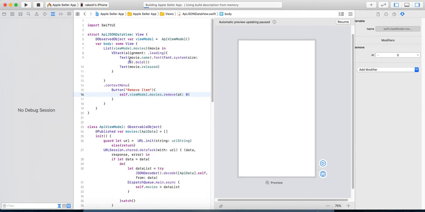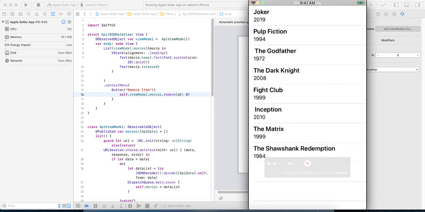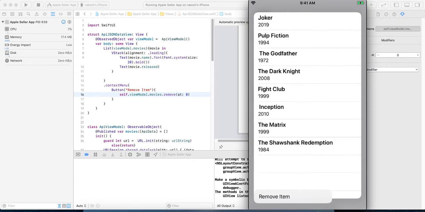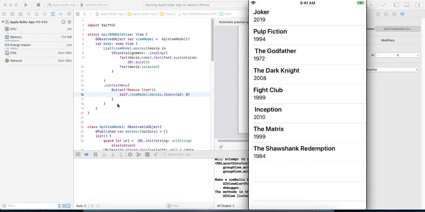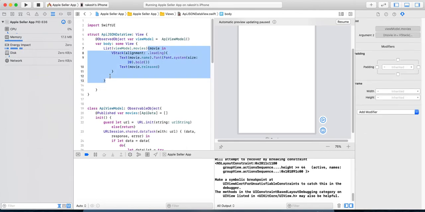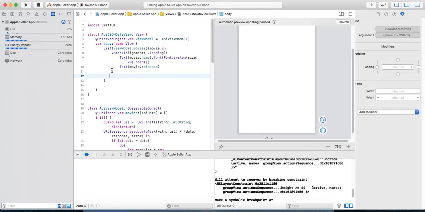So let's see how it will work. Now I have my phone connected. Suppose I double click to zoom. It is zooming the whole list, but we need to zoom only the first item. I added this context menu outside the list, so I need to add it on the item in this VStack.